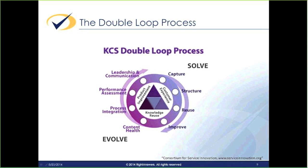But the solve loop represents the individual workflow that's going to be driven by your incidents, right? The solve loop looks to cover what we do to solve the customer's issue, where the evolve loop is a continuous improvement process. It's the back end and the systemic processes that we run to help continuously solve problems, to help derive what we know or what we learn from the solve loop, and then also to keep the solve loop running and to keep the ecosystem working. So the evolve loop is what really helps the solve loop become effective, but the solve loop is what we do in our day-to-day lives. Again, making knowledge first, right, and integrating that. All right. Now, KCS is...